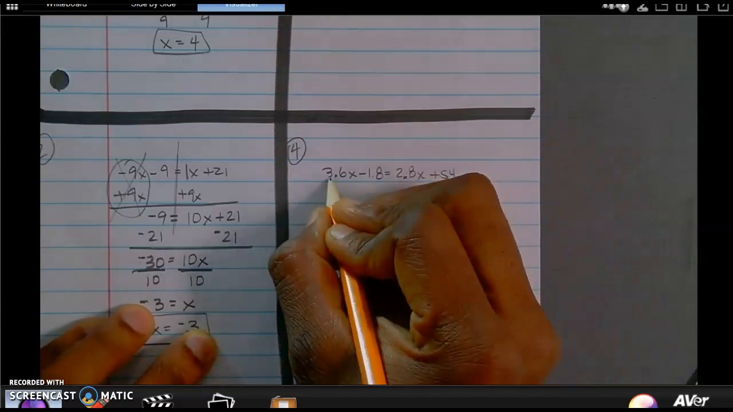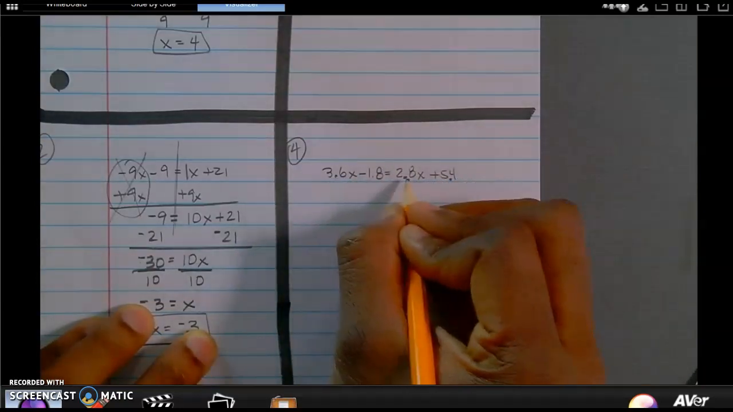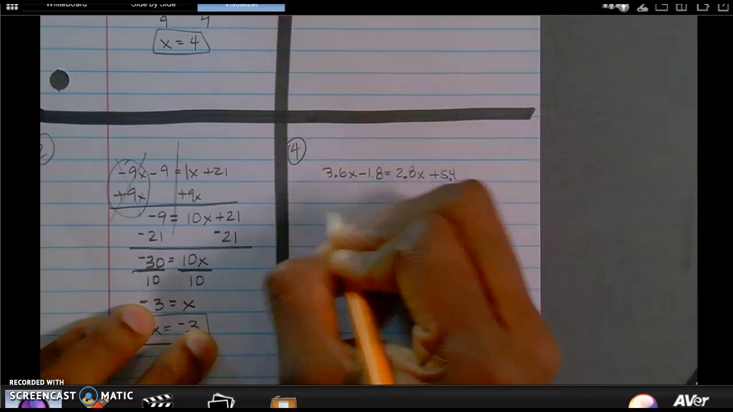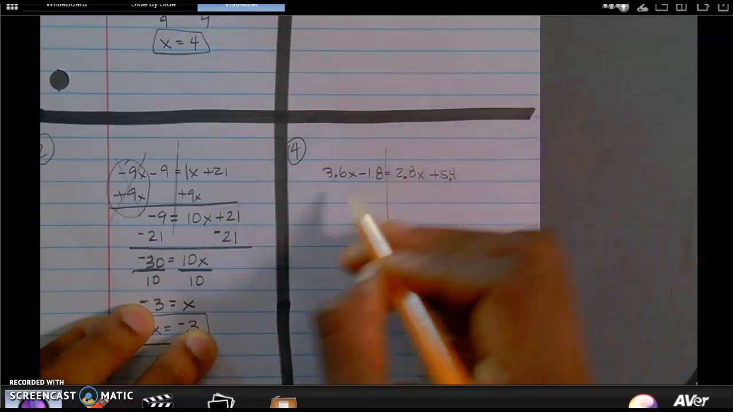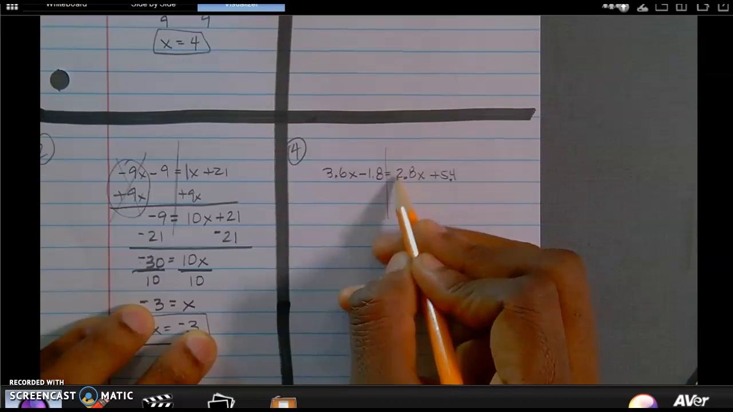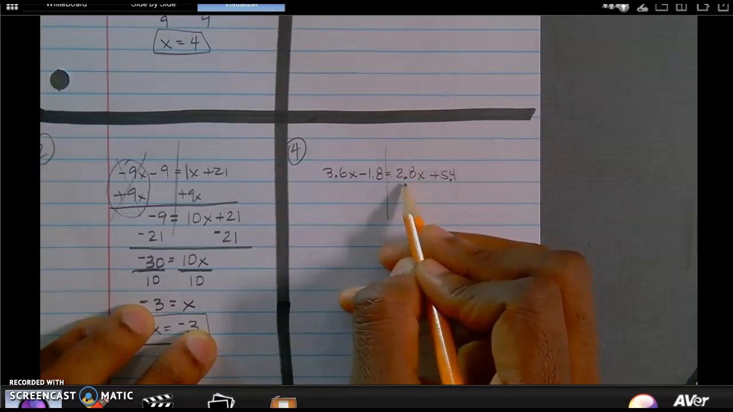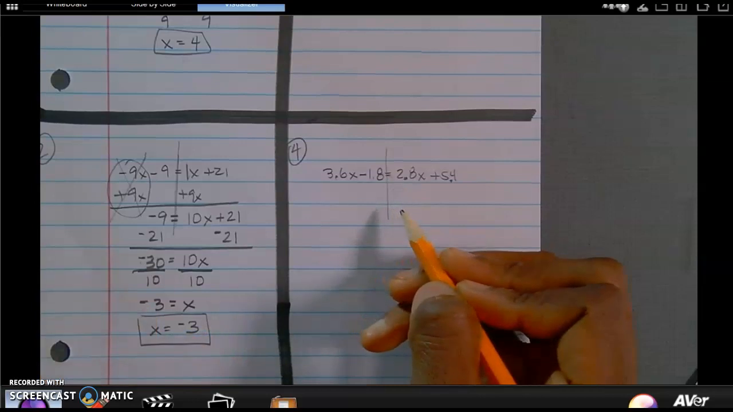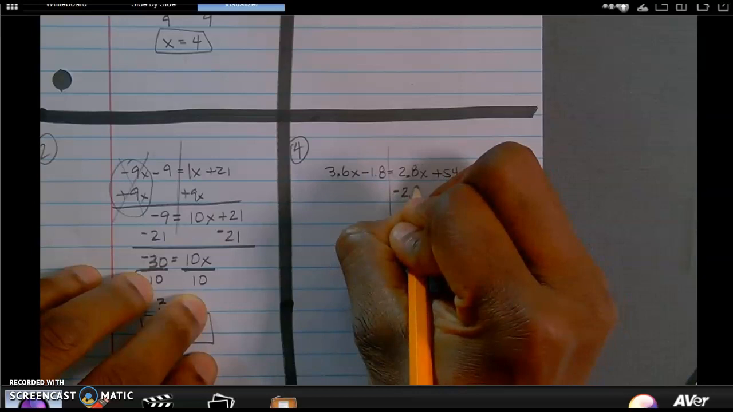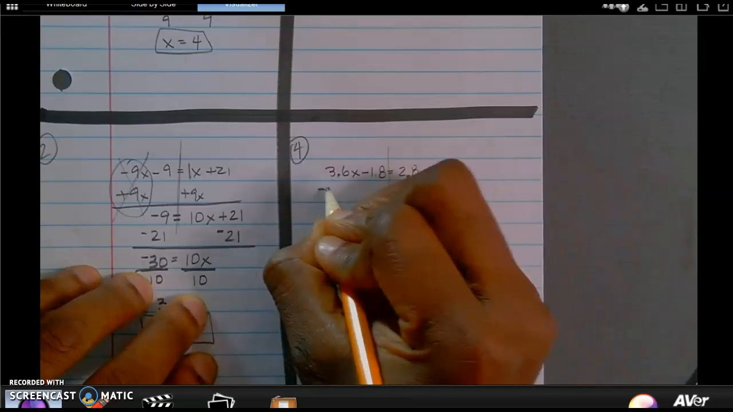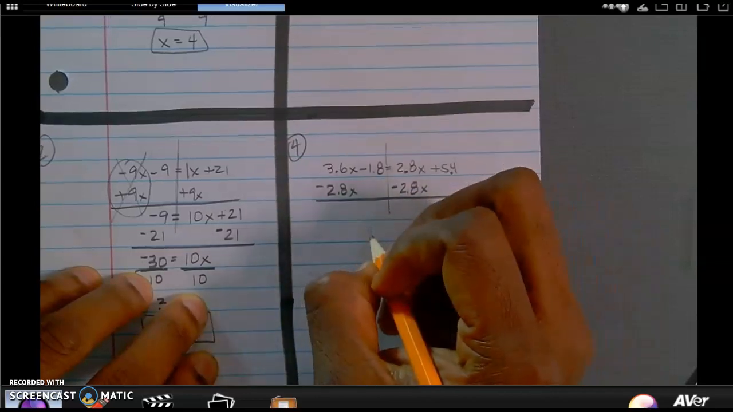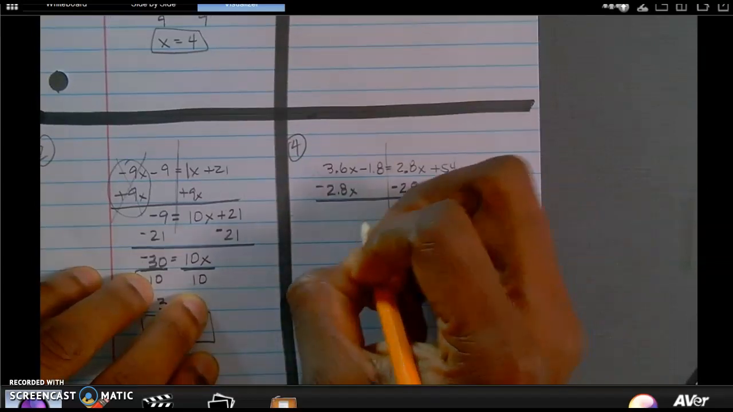So if I were to move 3.6x over here, I'm going to have to subtract or add negative 3.6 to cancel that out. If I were to do that though, if I were to add a negative 3.6x over here, there's only 2.8x over here. So that's going to create a negative coefficient. I don't want that. Okay. So I'm going to subtract or add negative 2.8x to both sides. Okay. This now becomes